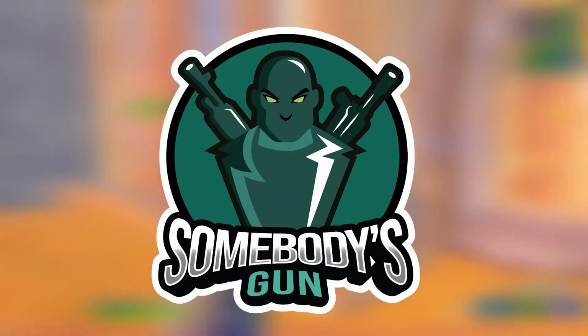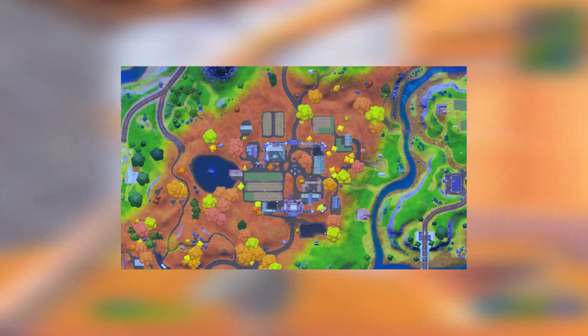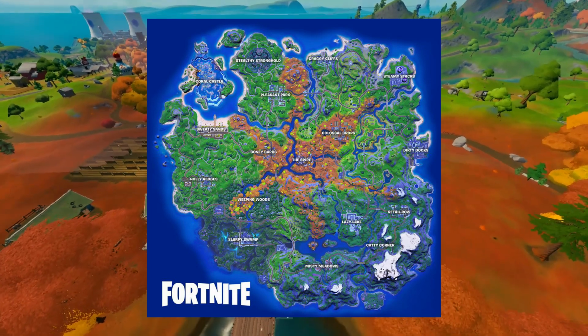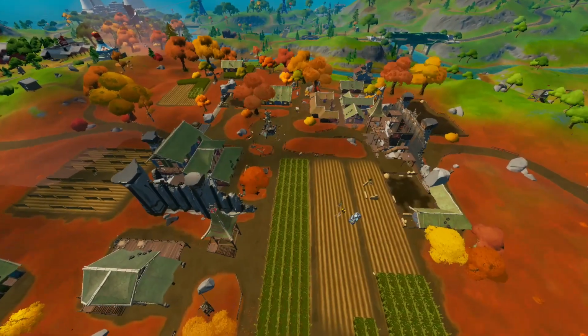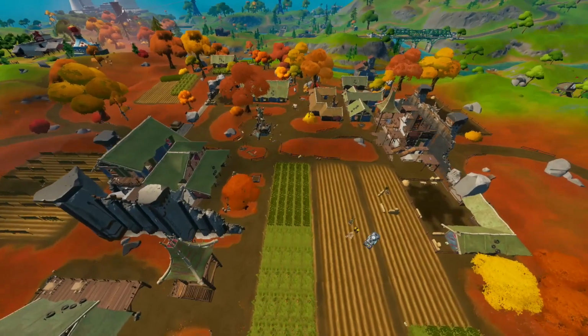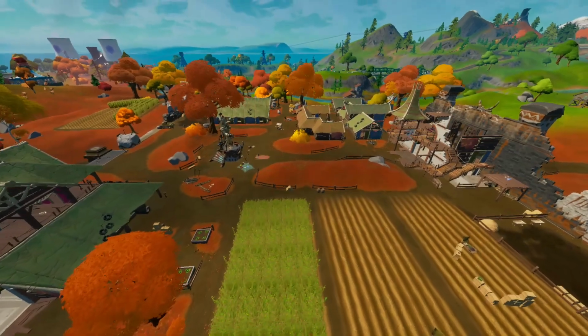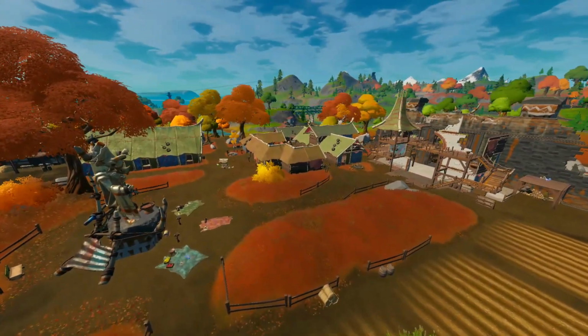Today we're going to be breaking down the new POI Colossal Crops, the benefits, the cons, and what you need to know about dropping there. One of the big pros about this POI is going to be its central location. The ability to have a good position early on in the game is going to be super strong in this meta, where time to loot has been increased due to mechanical parts and bones,